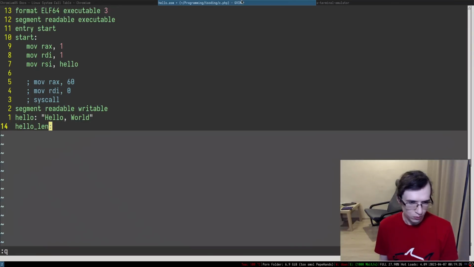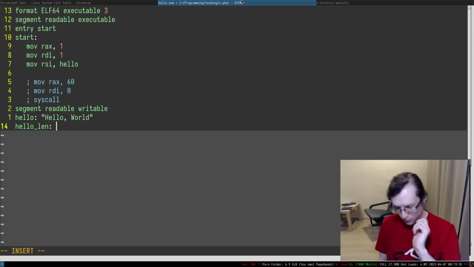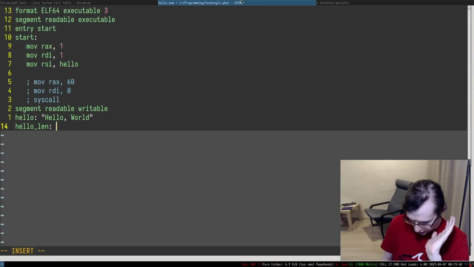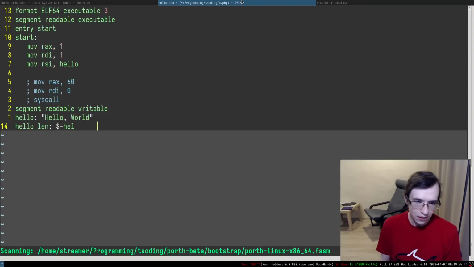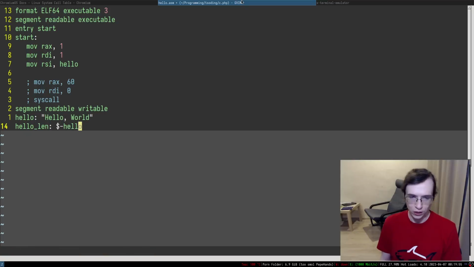So as far as I know, in all of these assemblers, there's a special way to get the current address, right? So here's the label, and to get the current address, you have to put a $. So $ is the current address. Then what we can do, we can subtract the address of hello, and the address of hello is where this entire thing starts.